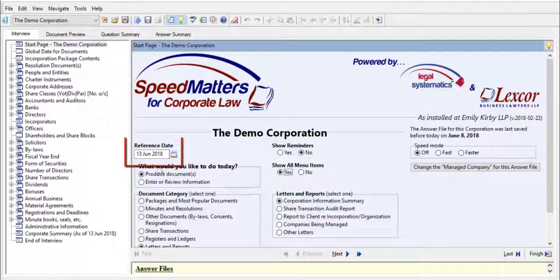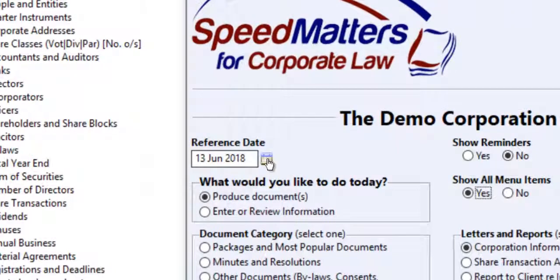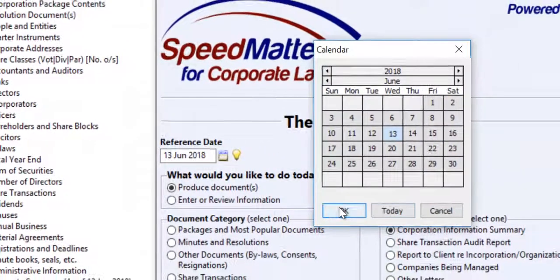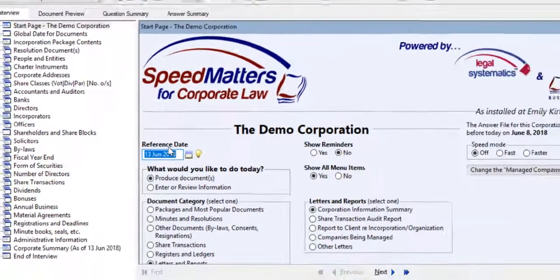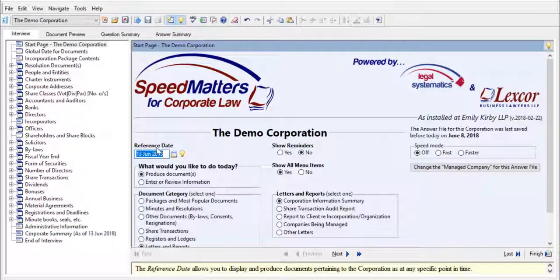The reference date allows you to display and produce documents pertaining to the corporation at any specific point in time. Always make sure that your reference date is set to the date that you require. Where temporal terms like current or future are used in this interview, they are used relative to this reference date. Unless you want to display information or produce documents with historical or future information, you should leave the reference date